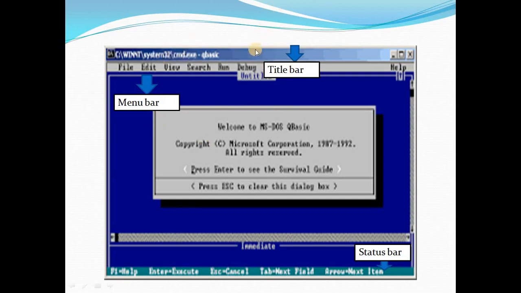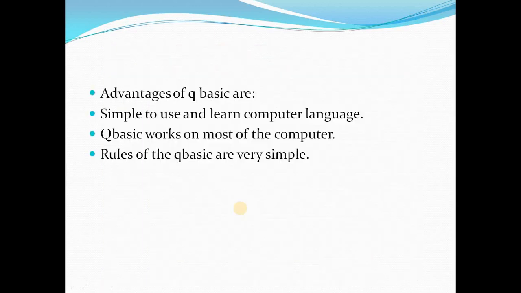This is the title bar and this is the menu bar, where we'll find different menus: file, edit, view, search, run, debug. And here comes the status bar. This blue area is the area which we use to write the program.